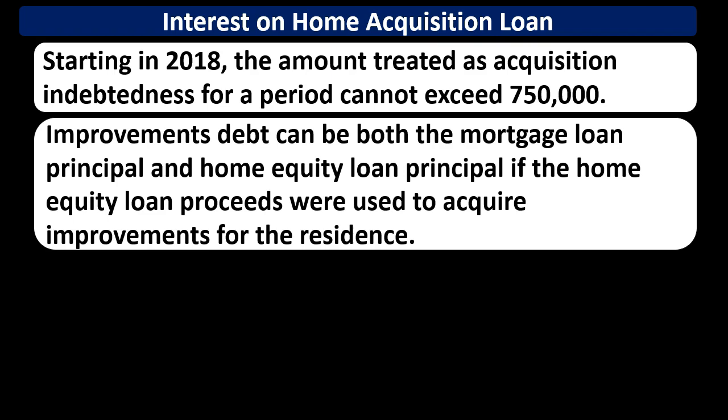In prior years, before 2018, it was possible in some cases to take out a loan, use the home as collateral, and be able to take the interest deduction even though we didn't spend the proceeds of the loan on the home, as long as we used the home as collateral for the loan. For 2018 going forward, we can't take out a loan and be able to deduct the interest even if the home is collateral unless we spend the proceeds on the home.